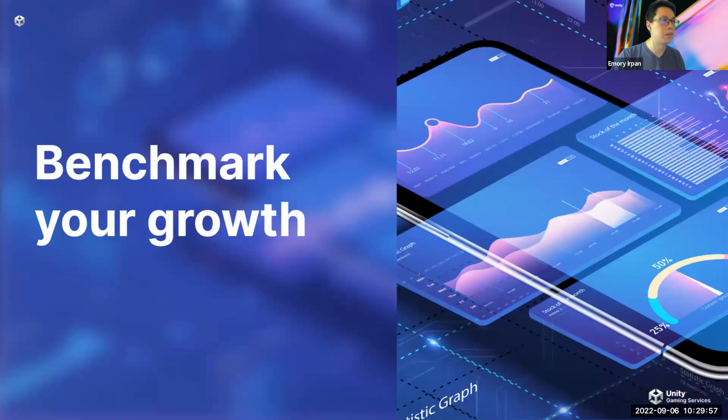Thank you, Emery. So in this last part, we do want to provide a quick review of in-app purchase and in-app advertising average revenue per daily active user trends seen across genres, because these metrics are often used as the North Star metric that game developers use to track game success.